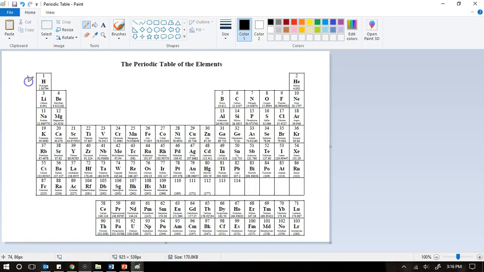So hydrogen's in row 1, lithium's in row 2, 3, 4, 5, 6, and 7. Alright, and feel free to write somewhere that those numbers tell you the number of